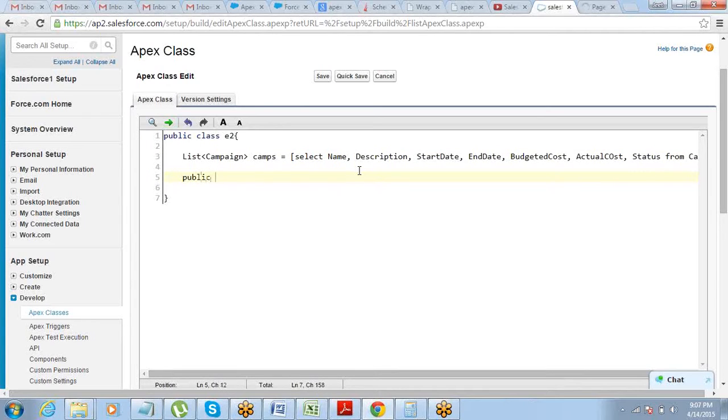Then we will write the get method for it. As simple as the way we have done it earlier. It should return the list of campaign, getCamps method, return camps. That's it.